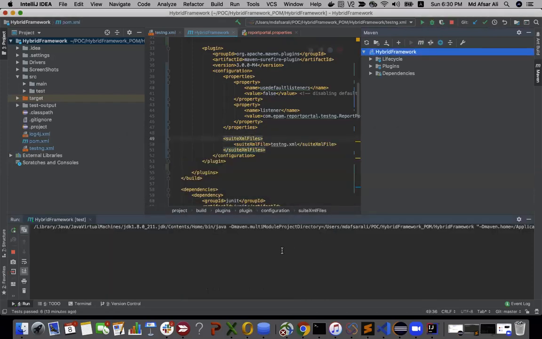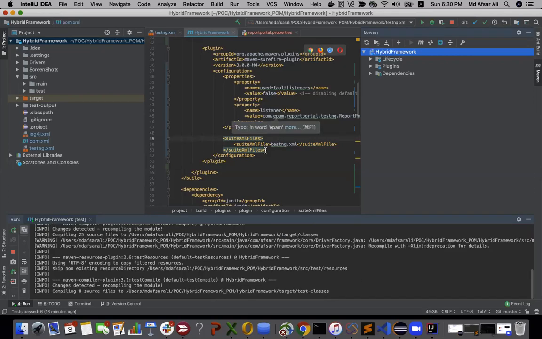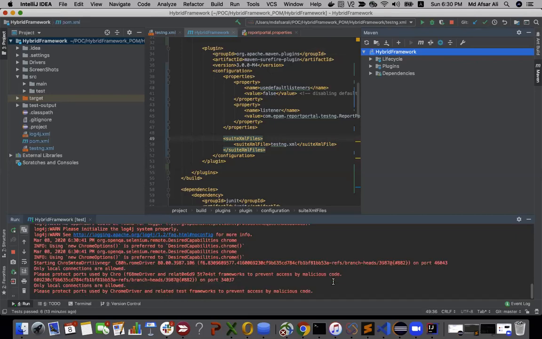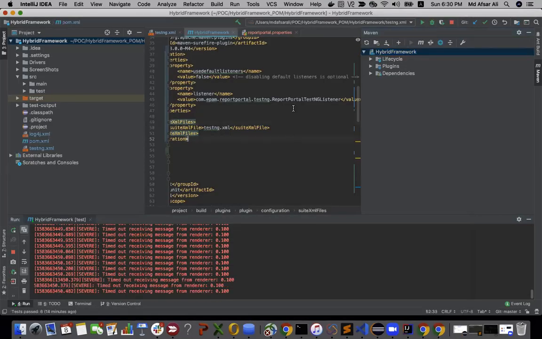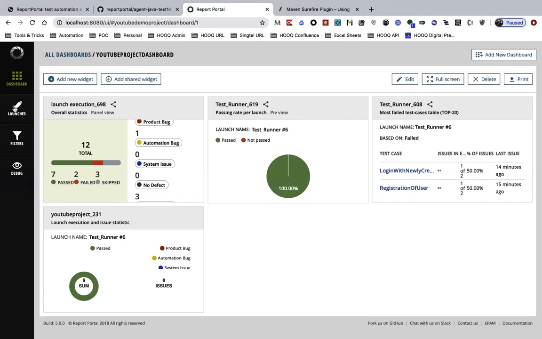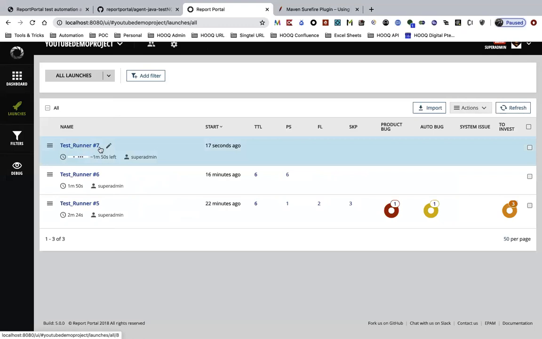Okay, so if you run it, it will try to run this particular pom.xml file and it will try to run our test. All right, so yeah, it's running now. So this is how we can run Report Portal using our pom.xml file, and you can see in here in the launches. So in the launches, test runner 7 is running. All right, so